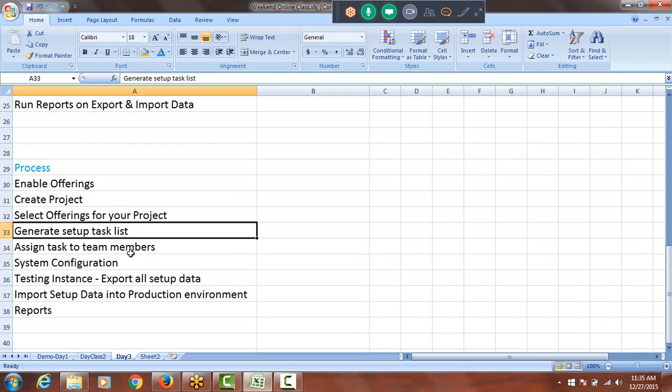Okay, the system will generate the task list. For example, if you are implementing the financial application, to complete the financial implementation, what are the setups we have to do? All the setup-related task lists the system will generate. Based on the resource availability, you can assign the same task to the respective team member,